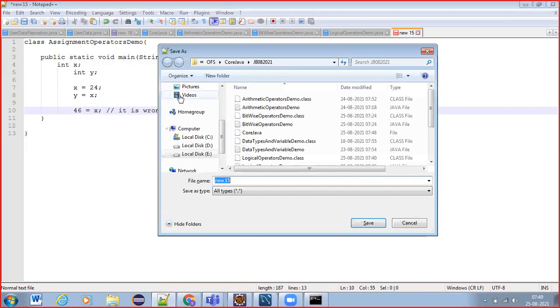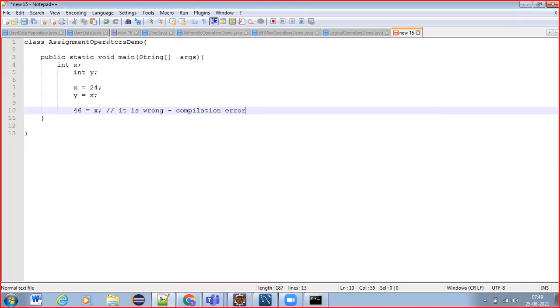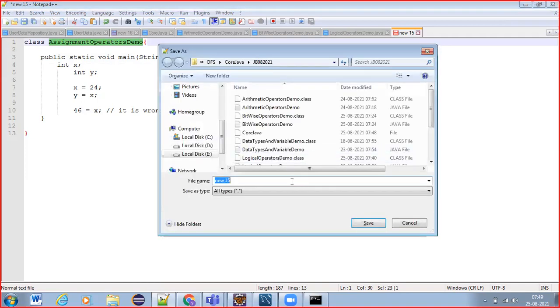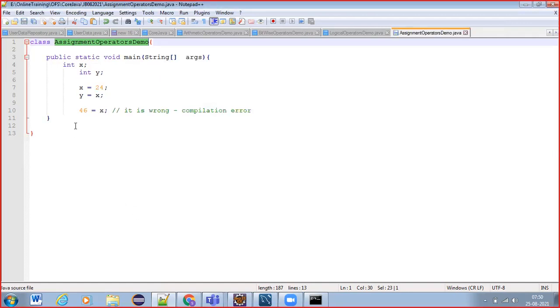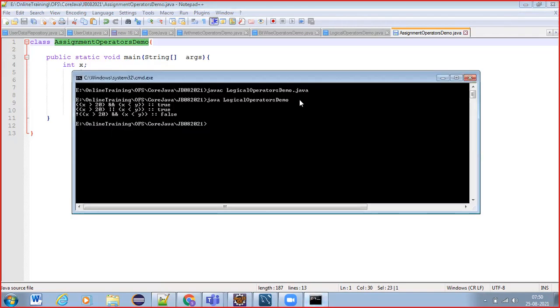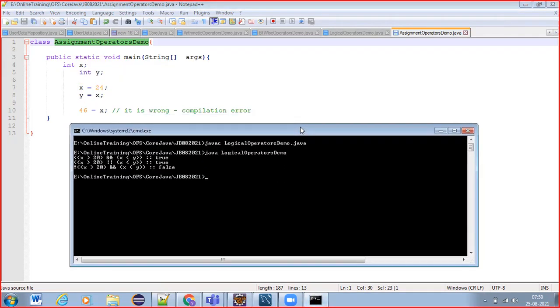So now if I save this program and try to compile this program, what do I get? You see, I get lots of compilation errors here. It will say javac AssignmentOperatorsDemo.